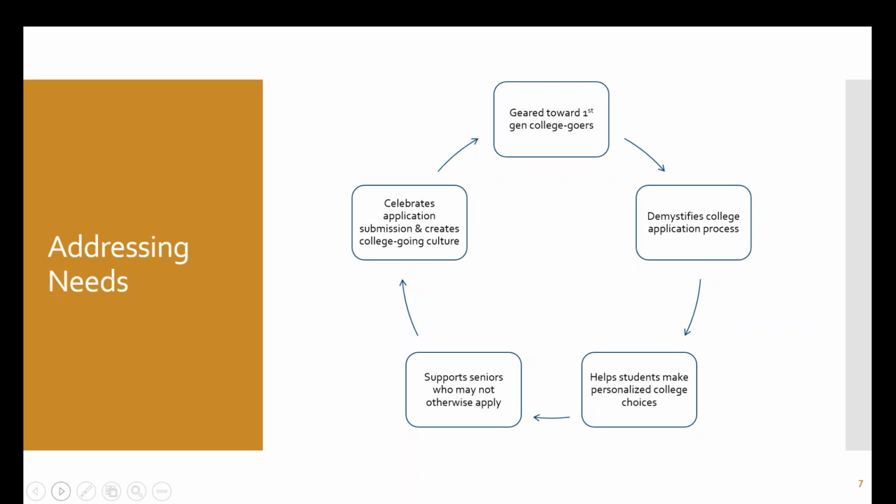And that can really help them in being successful at the college they go to. I've had students in the past, so I always tell this story because it's pretty funny but sad at the same time. But I've had students that have picked colleges based on maybe where their family's gone. So I had two students, one that applied to and was admitted to Washington State University, and one that was admitted to University of Washington.